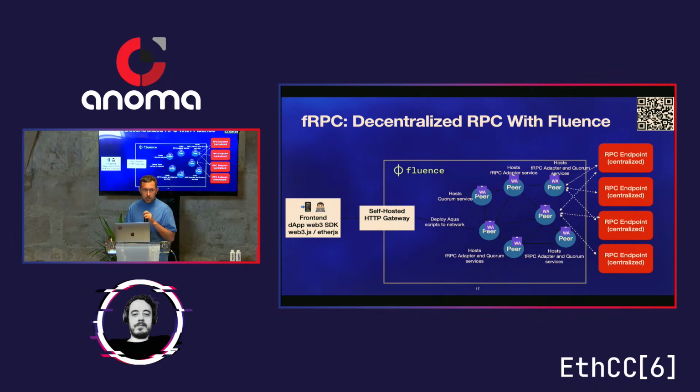And this is basically a big deal. So you do not modify your dApp in any way, and you just redirect it to a special self-hosted gateway or to a Fluence-hosted gateway, and basically you get real decentralization. You do not depend on any single RPC endpoint solution, and you just work with your dApp and get all the benefits. And it's really cost effective.